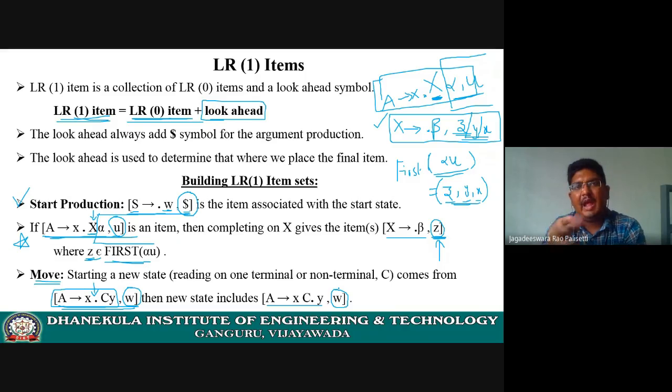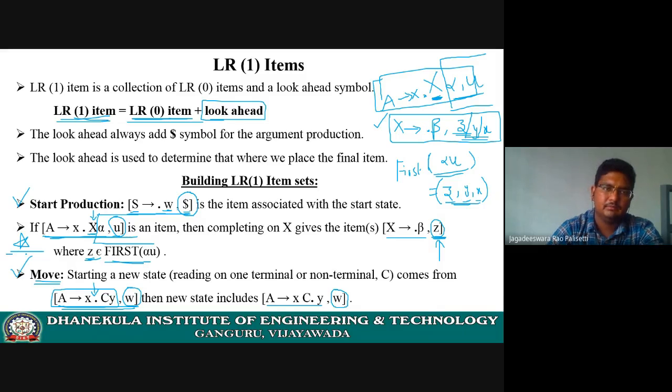What I have done here, I make some go to function or go to operation on this particular production with respect to the non-terminal capital C. What I have to do? The dot operator is being moved after capital C. That's it. Don't change the look ahead symbol whenever you make some movement of the dot. Common sense point. What is the necessity of changing the look ahead? Nothing. Whatever look ahead you have before changing the dot operator should be as it is after changing the dot operator also. That's why I said out of these 3 points,